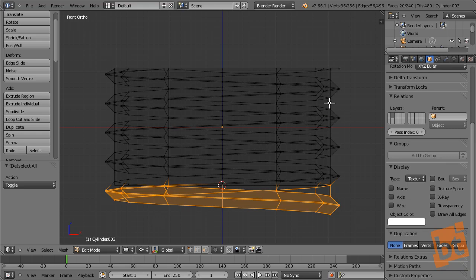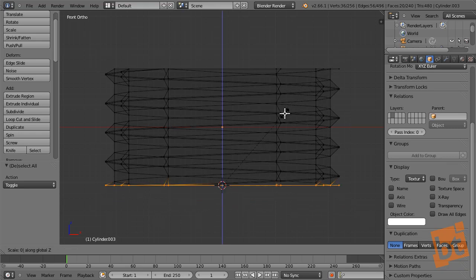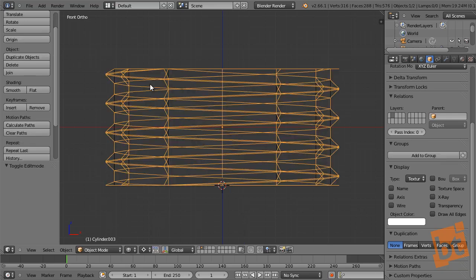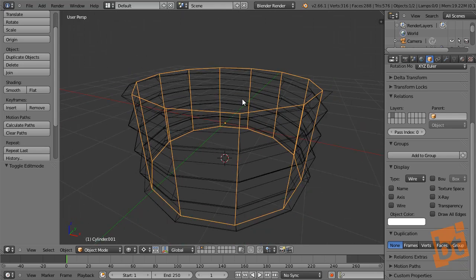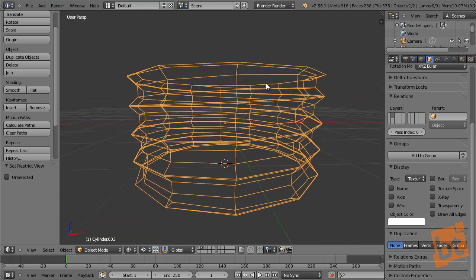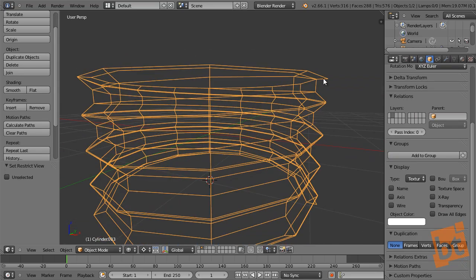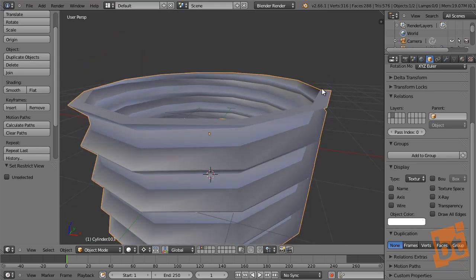There we go. And scale it down in Z axis to 0. So now this would fit exactly the hole in our nut, but we are going to hide this before with H. We have this, but before we start merging this with the real nut, we have a little problem here,